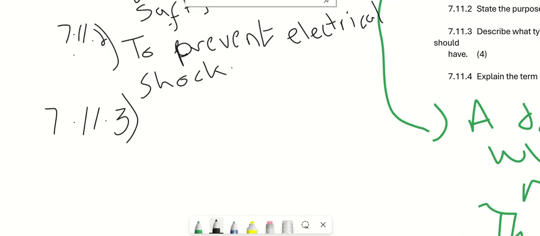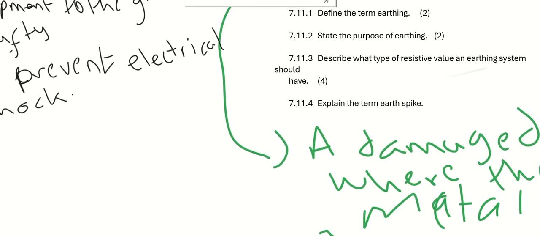An earthing system must have a low resistance. In the event of an earth fault, the current will take the path of least resistance and discharge down to earth. They said describe, so we mustn't explain, just describe.